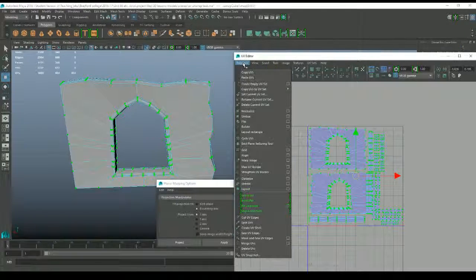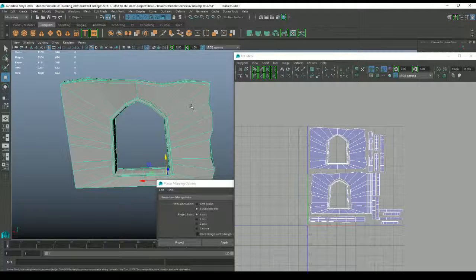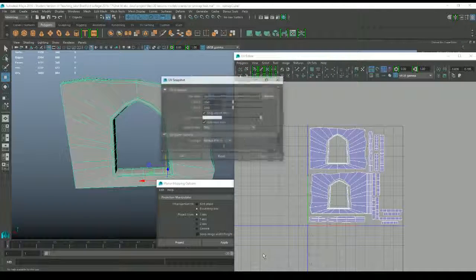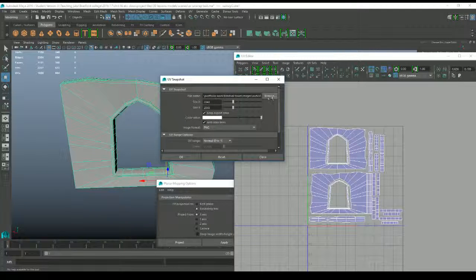So what we'd have to do is go to polygons. Make sure you're in object mode first. Object mode, select your object. Polygons, UV snapshot. Save it to wherever you want to. Give it any sort of resolution that you want. What I always say is always start off big and then reduce later, because again you are using pixels and you can't really upscale pixels, so